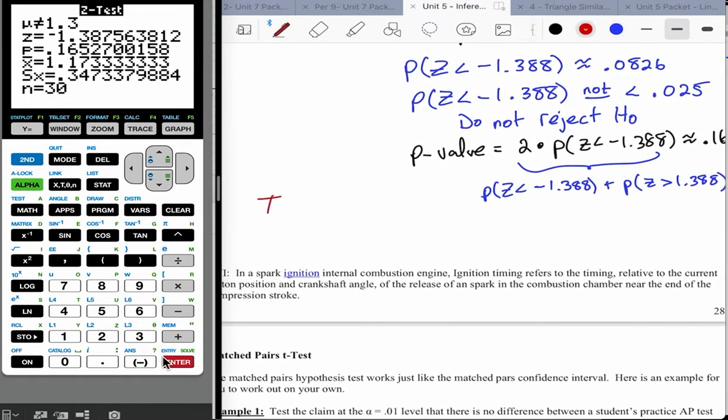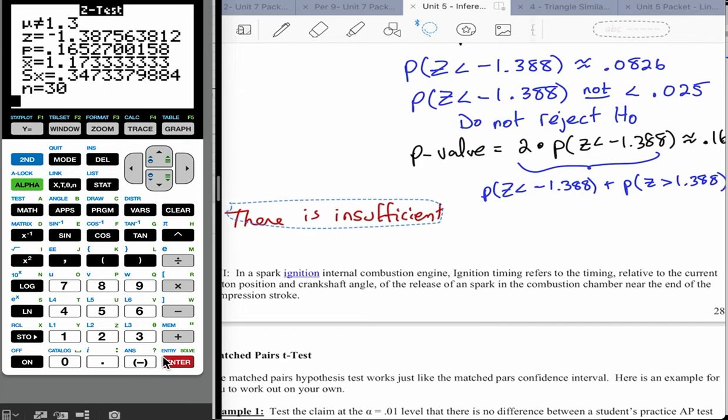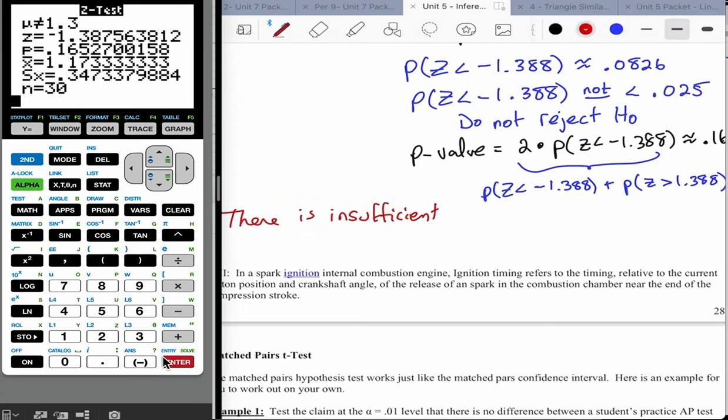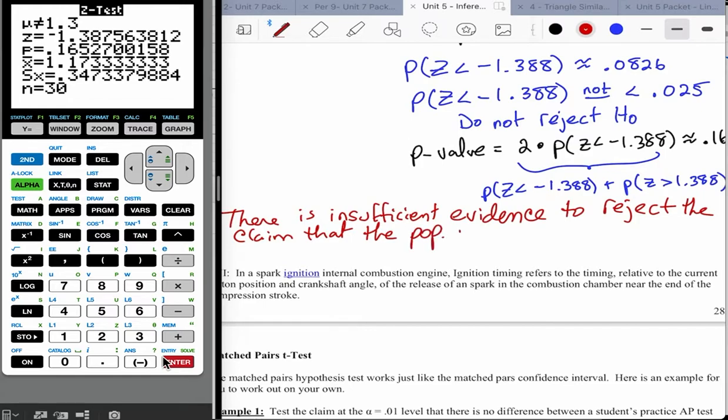So there is insufficient evidence to reject the claim that the population mean timing